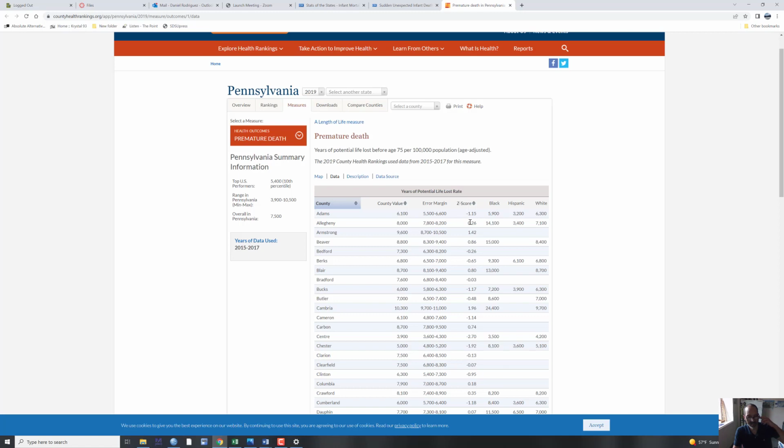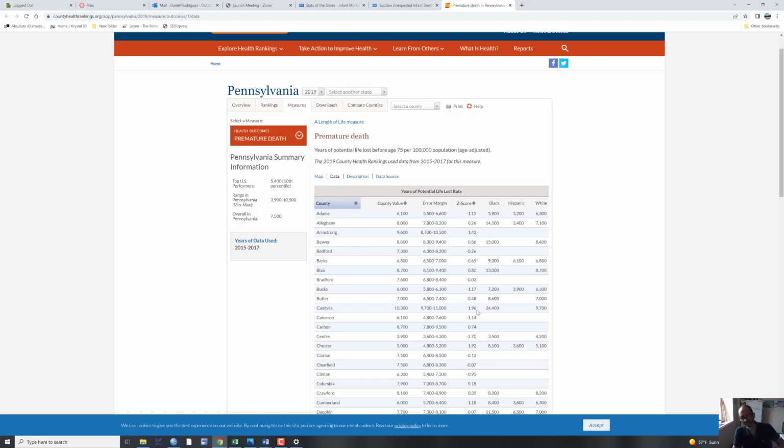If you don't know what a Z-score is, a Z-score is a score that's based on a standard normal distribution where 0 is the average, and then like this 1.15. Z-scores are in standard deviation units, so this is 1.15 standard deviations below the state mean. So these people have lost fewer years of potential life versus, say, somebody like Cambria County,